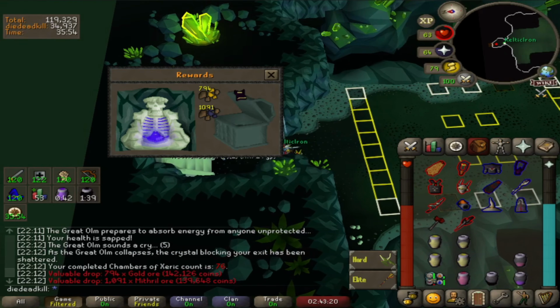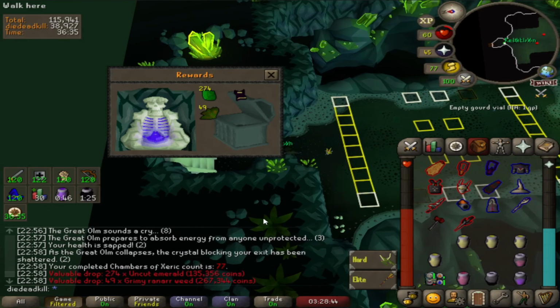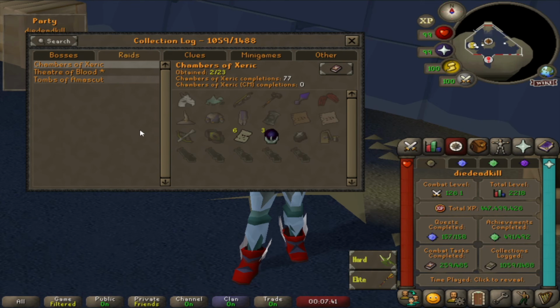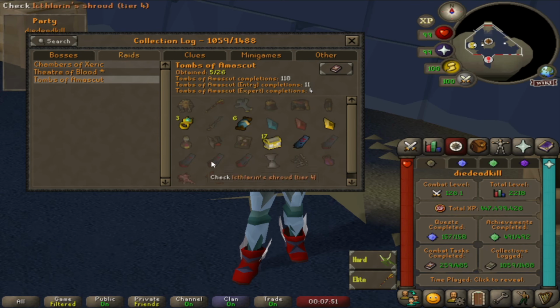We did 2 more, but just about the same luck as previous raids. Time to switch it up a little bit. That's now 18 raids we've done this task, and 77 in total without any unique. So I guess it's time to change up the content and go back to the Tombs of a Mascot, where